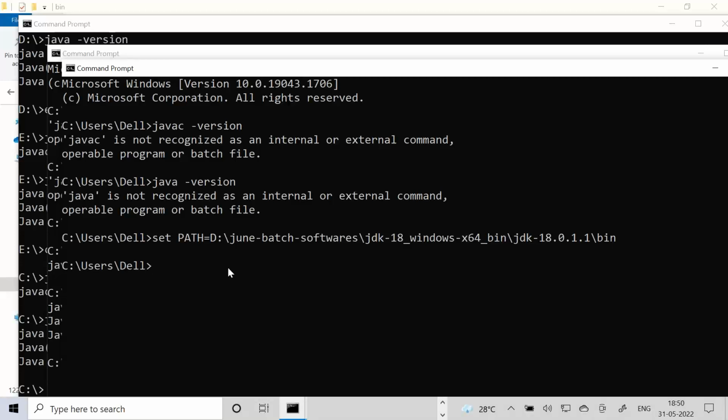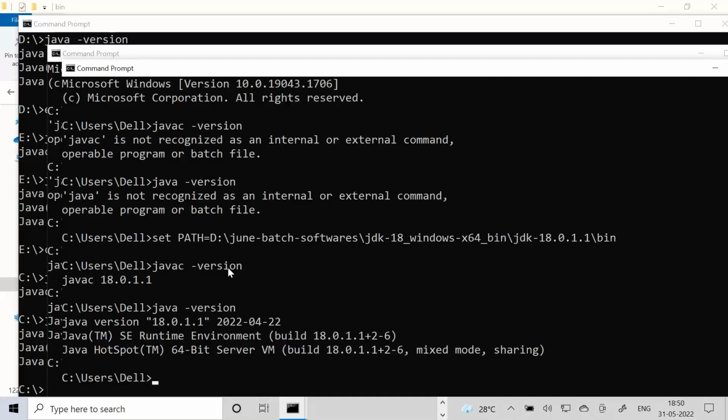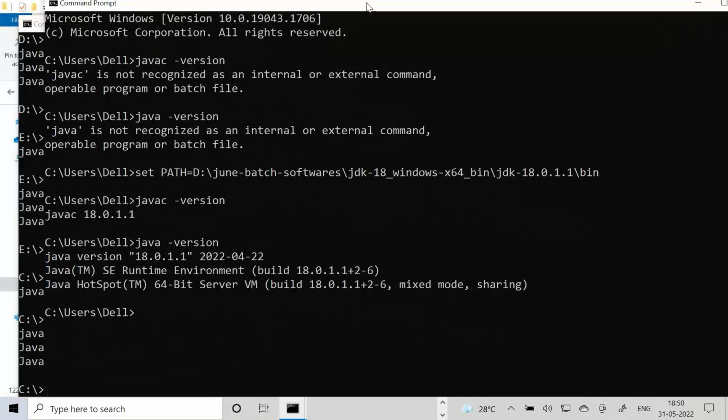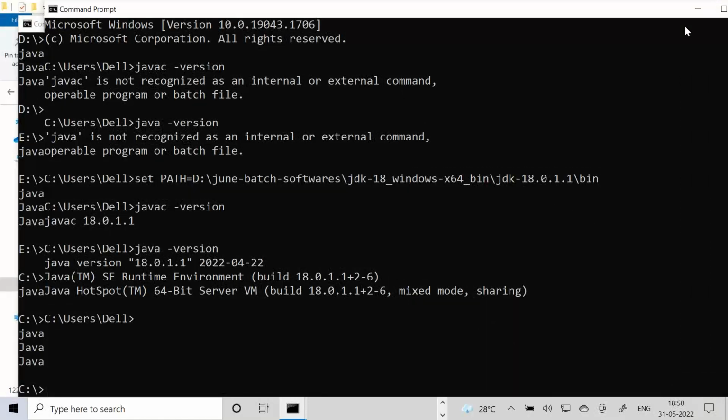Now trigger the javac command. This is one way of setting a path local to the command prompt by using the set command.